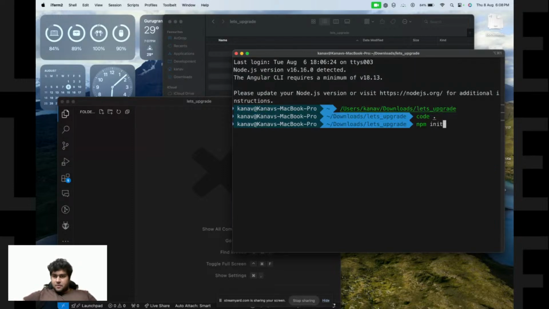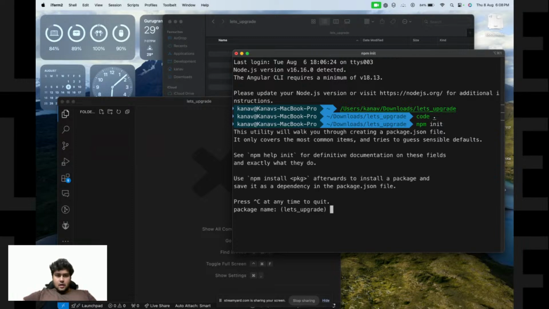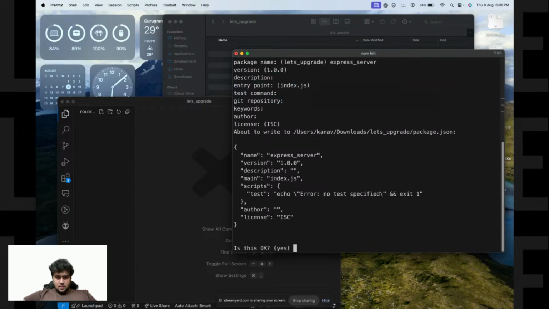We'll say npm init. I'll give the package name as express, and the description as express server. Version 1 we keep like this.